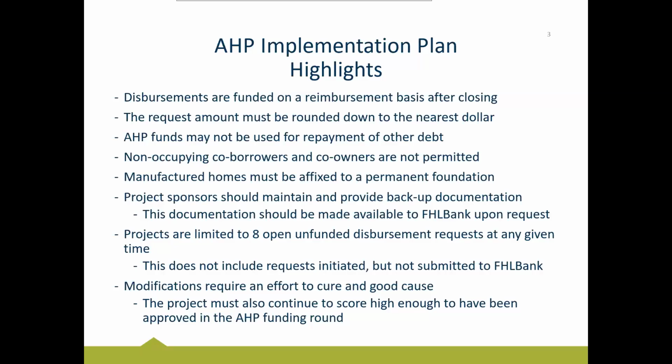Your scoring commitments are listed in your AHP agreement, which is that lovely legal agreement you would have signed here about a month or two ago. So you can see your respective scoring commitments in that document. But when we're talking about modifications, this is the circumstance where you may find yourself not able to meet one of the commitments that you have made in your agreement. So if you are finding that you are struggling to finish out one of those commitments or find the households meeting one of those commitments, that's when you may have to consider a modification.